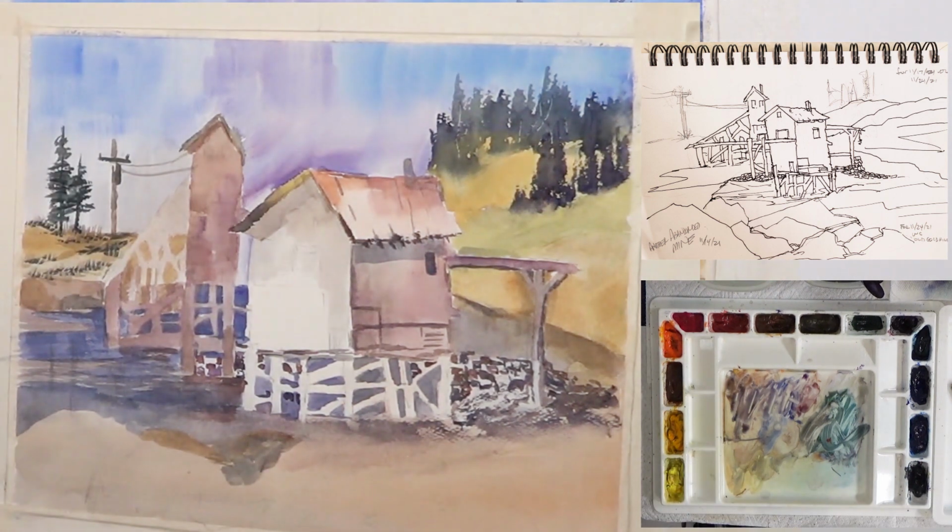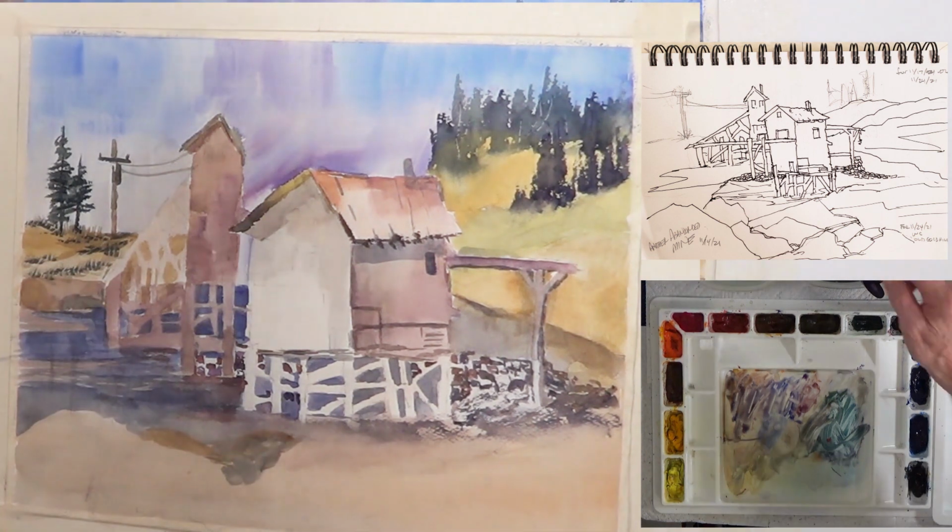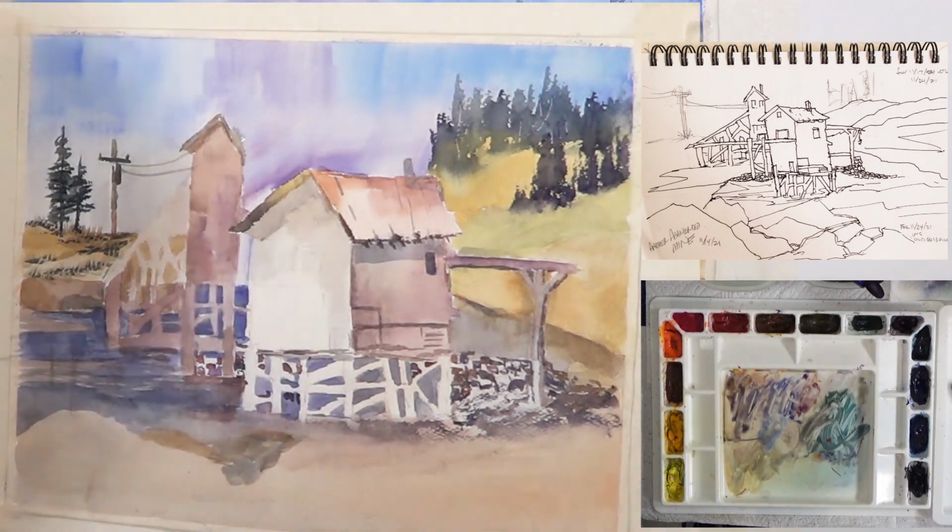So now, do I have enough dark? Am I meeting my value plan? I don't know. I don't think I am yet. I think I have to get some more darks in here. I'm going to go back underneath this area here and